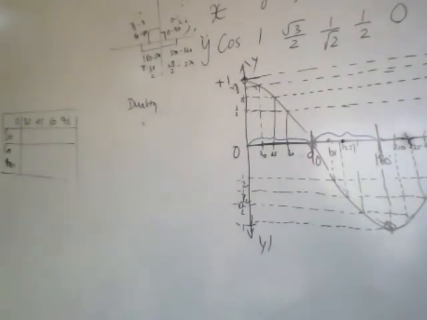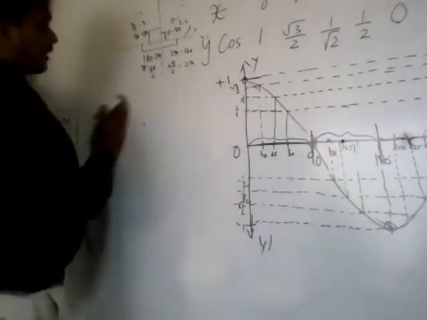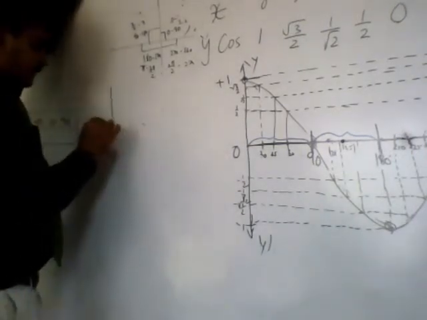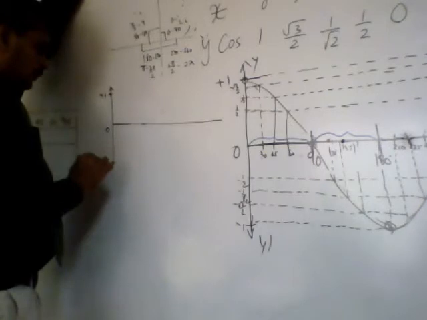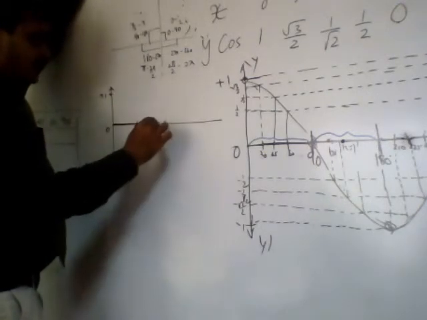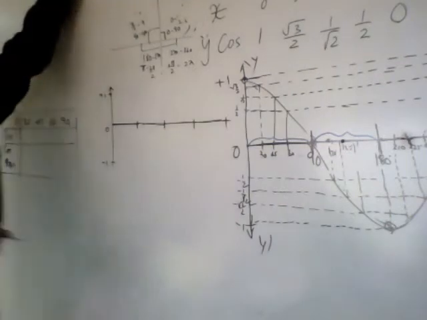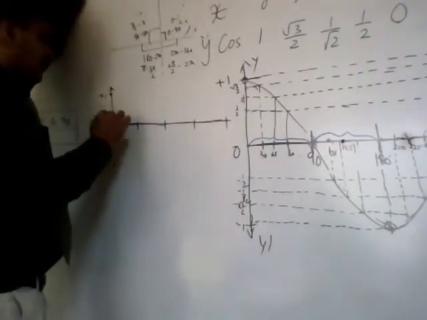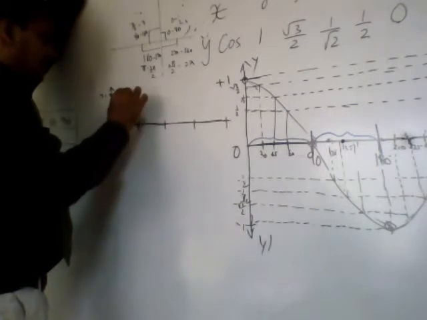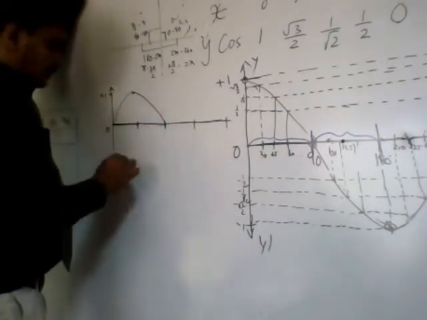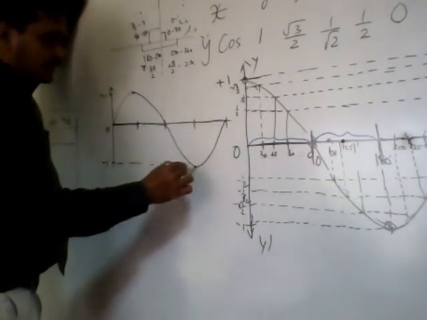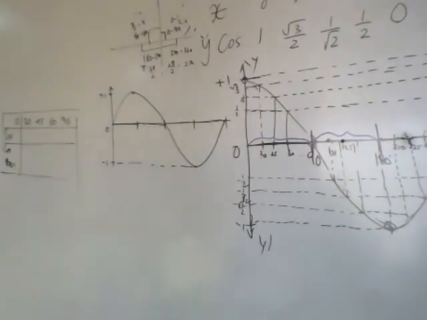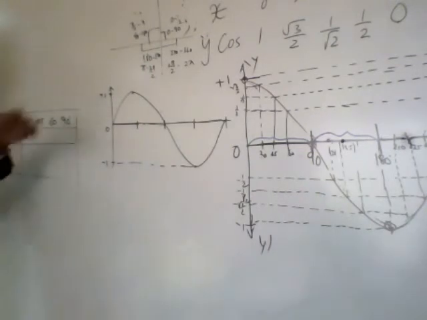The same y value. So for a cos curve, if I want to draw both in a single diagram: 0, +1, -1, first quadrant, second quadrant, third quadrant, fourth quadrant. If I want to draw both the curves, sin 90 is 1 for sine, then 180 is 0, 270 is -1, 360 is 0. This is my sine curve, and I told you first and second are positive, third and fourth are negative. Again, sine lies between 1 and -1.